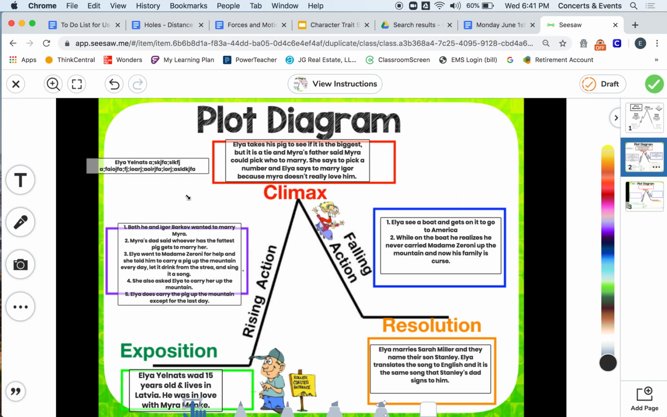So what I did is I typed my whole thing and I shifted it and made it a little smaller so it fit inside these boxes. Okay, so I'm going to start the exposition for Elia. In the beginning of the story for Elia, we learned that he is 15. Elia Yelnatz was